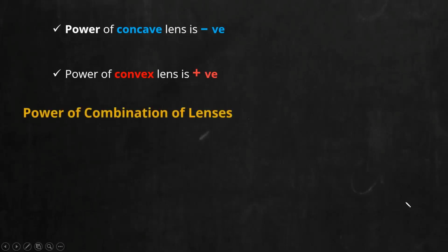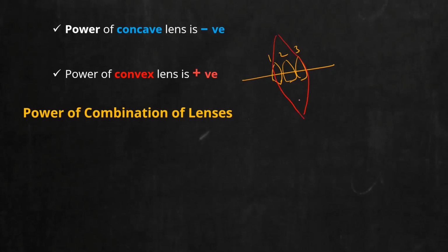Next, we have to study the power of a combination of lenses. So what do we mean by combination? In this case I am placing a single lens. Now, instead of a single lens, suppose I have 3 convex lenses placed one adjacent to another, 1 here, 2 here, 3 here. If I place 3 convex lenses continuously, all 3 lenses can be taken as a single lens, and this lens we call a combined lens. You can take individual lenses, but if I take more than one lens, all the lenses can be combined together, and we take it as a combined lens, or we can say an equivalent lens.